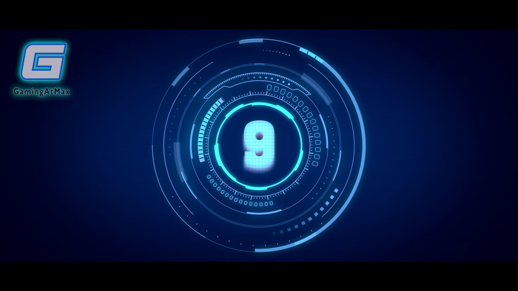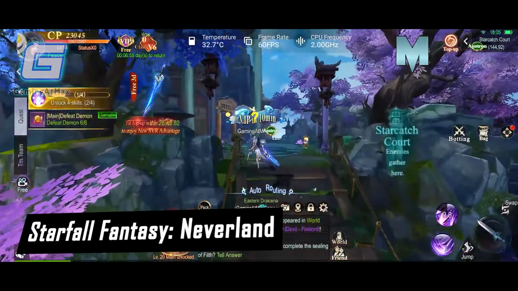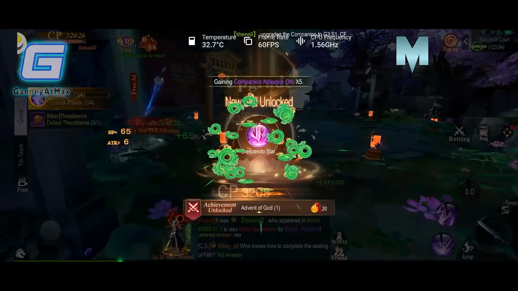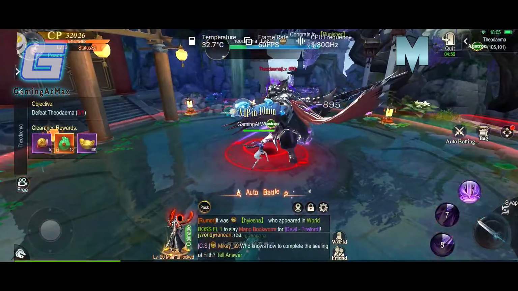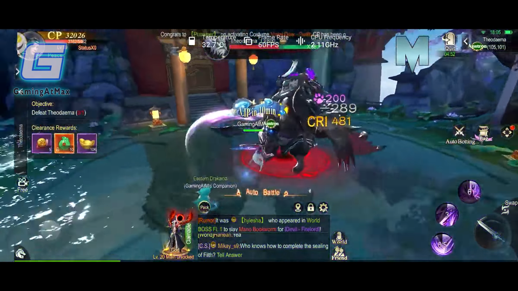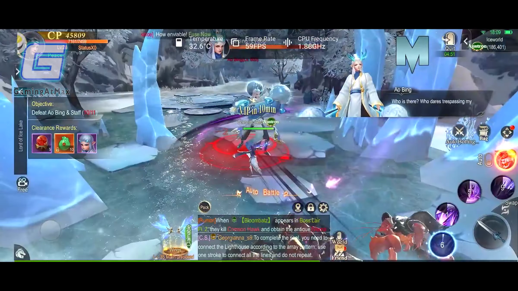Next up at number 9, we have Starfall Fantasy Neverland. Starfall Fantasy Neverland is a social MMORPG in which you can explore a new world full of places to discover and quests to complete. It has a fully featured 3D battlefield where you can see ancient scenes transform into a futuristic city. This MMORPG is quite similar to your typical Chinese wuxia or martial arts MMORPG, with a special focus